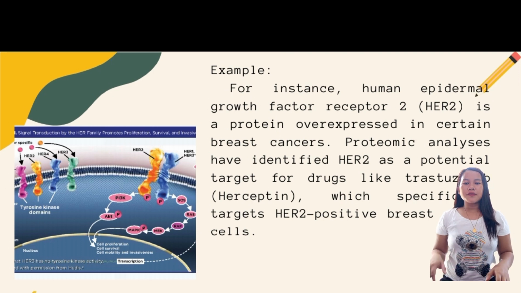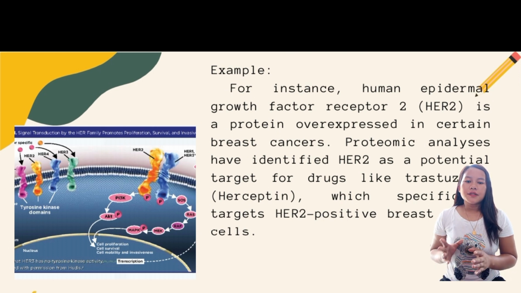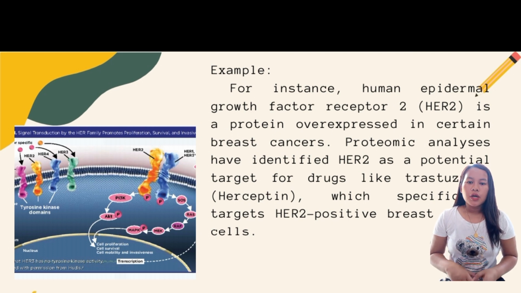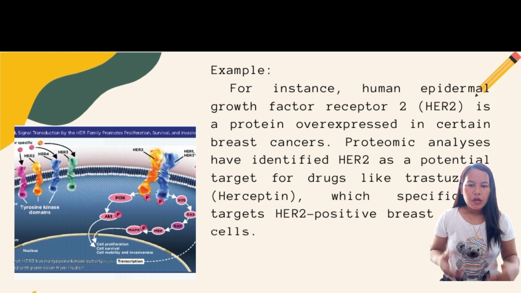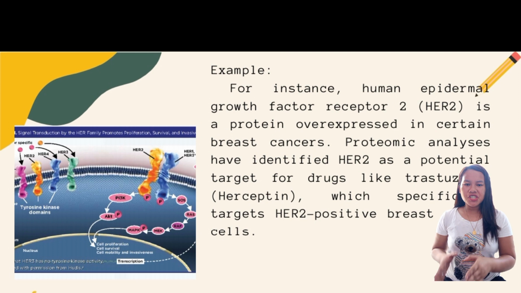For example, in the development of cancer therapeutics, proteomics has been instrumental in identifying specific proteins that are overexpressed or aberrantly modified in cancer cells. In this instance, human epidermal growth factor receptor 2 or HER2 is a protein overexpressed in certain breast cancers. Proteomic analysis identified HER2 as a potential target for drugs like trastuzumab, Herceptin, which specifically targets HER2-positive